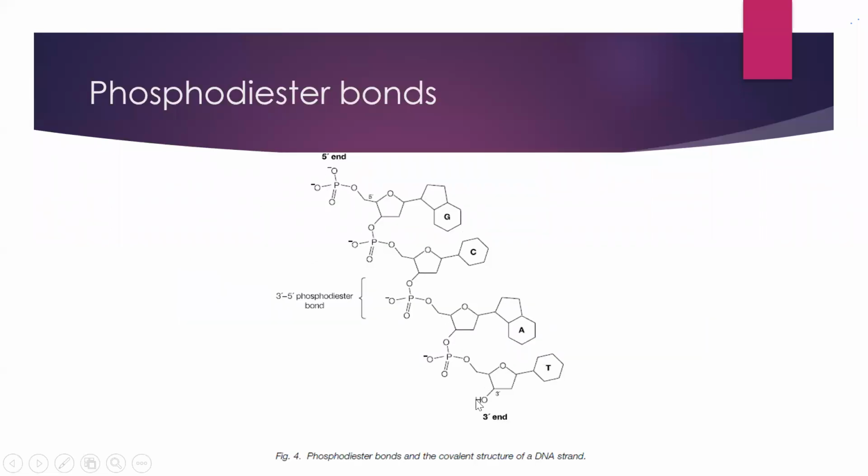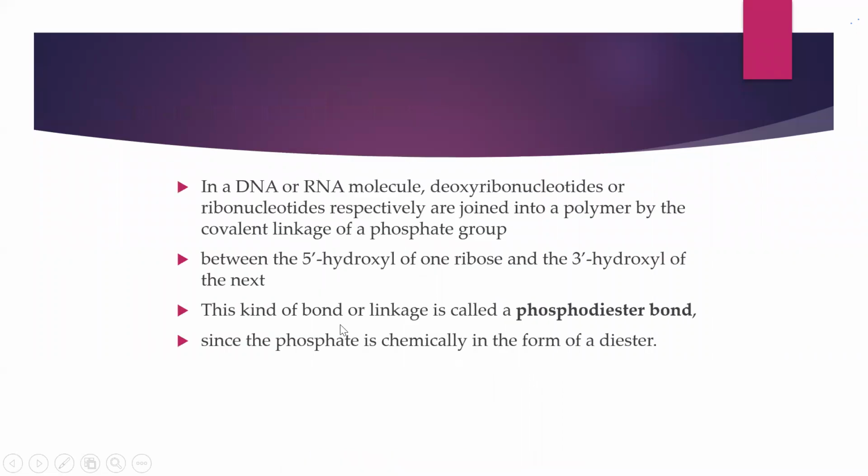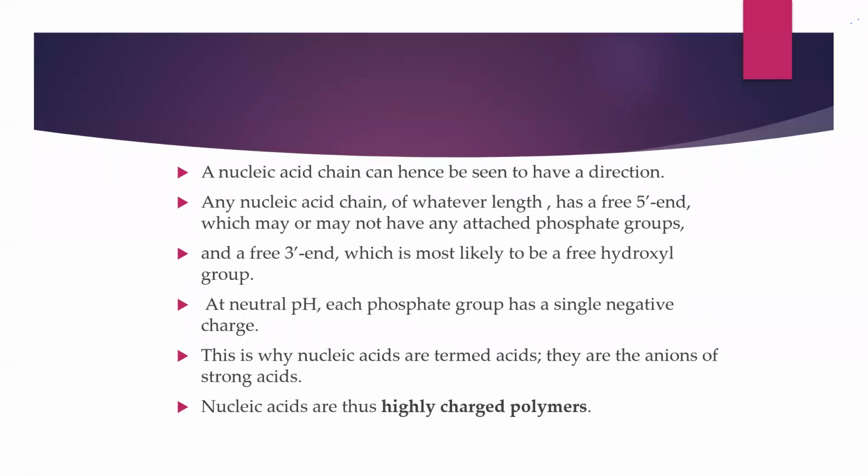So that is how any nucleic acid chain you take will have a direction, 5' to 3' direction. So the DNA or RNA molecule, what you see is deoxyribonucleotides or ribonucleotides joined together into a polymer by the covalent linkage of phosphate group between the 5' hydroxyl of one ribose and the 3' hydroxyl of the next. And this bond or linkage is called phosphodiester bond. Here the phosphate is chemically in the form of a diester. That is why a nucleic acid chain seems to have a